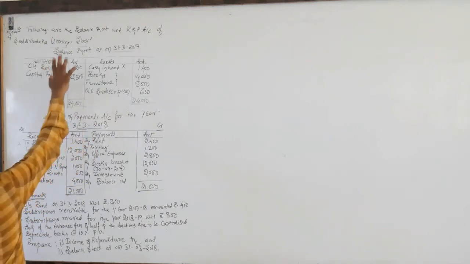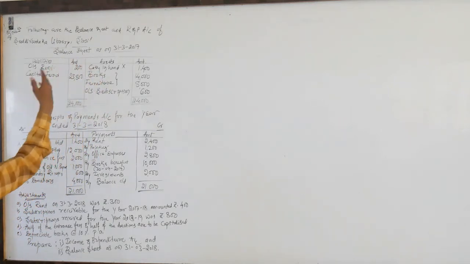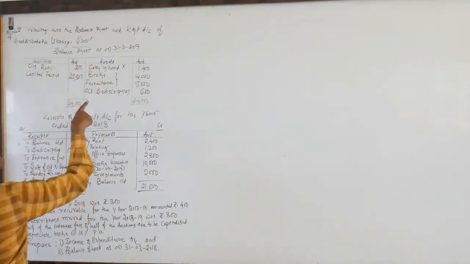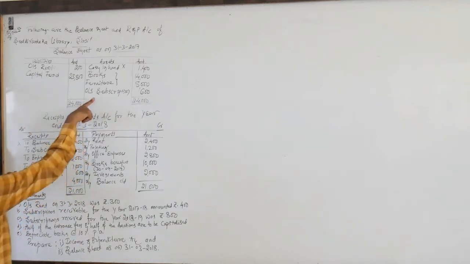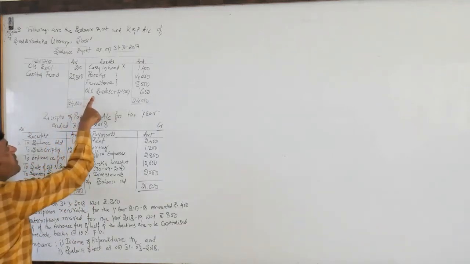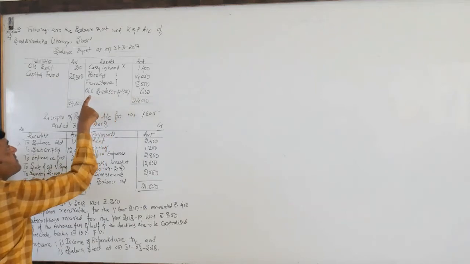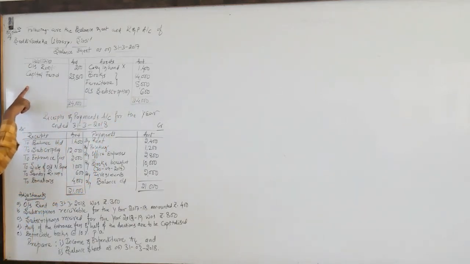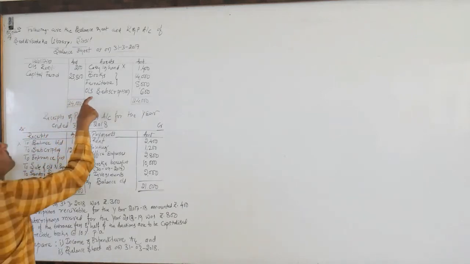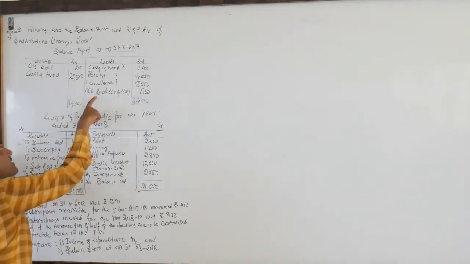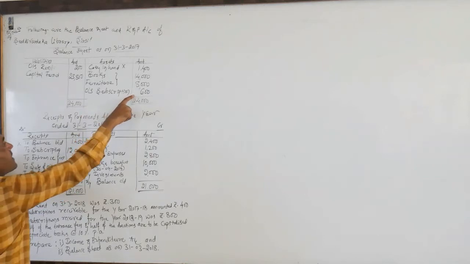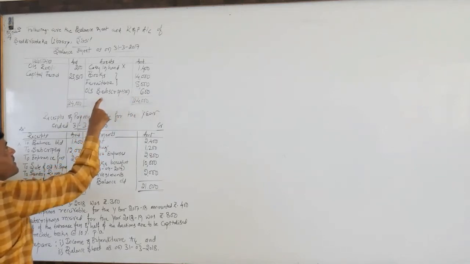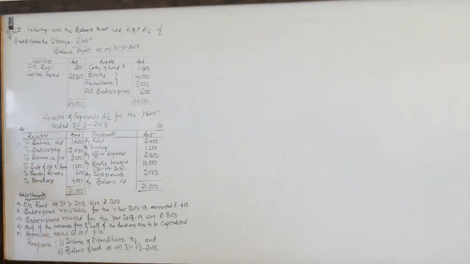As I said earlier, this balance sheet belongs to last year's closing items. In the last year, subscription receivable was 600. This one is the receivable. If it were payable, it would be on the liability side. Here it is on the asset side. That is the reason it is the receivable amount, 600. 600 is the receivable amount.